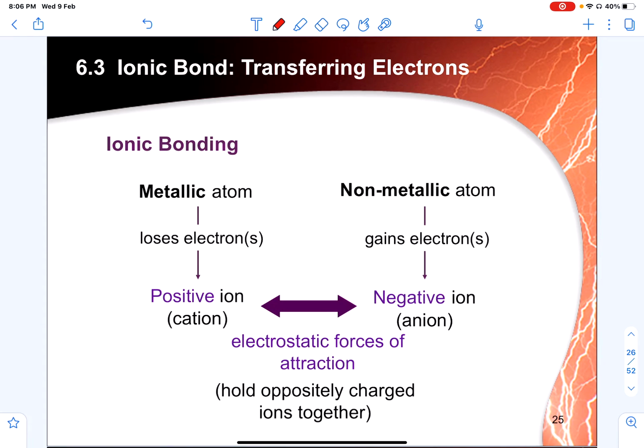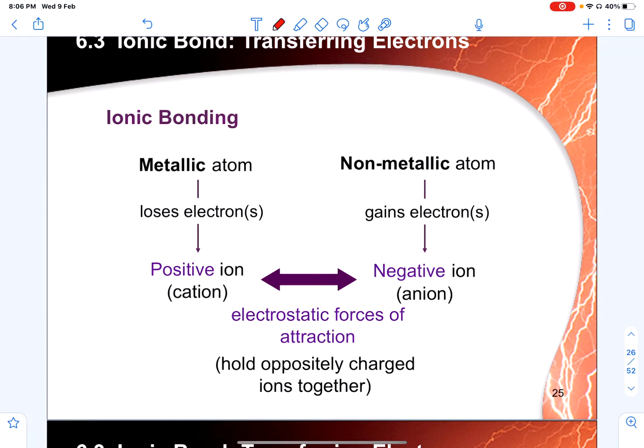So when the metallic atom loses the electron, it tends to be positively charged, and hence they are called cations. Whereas on the other hand, the non-metallic atom tends to gain the electron to become negatively charged. This difference in charge results in electrostatic forces of attraction. And these electrostatic forces of attraction